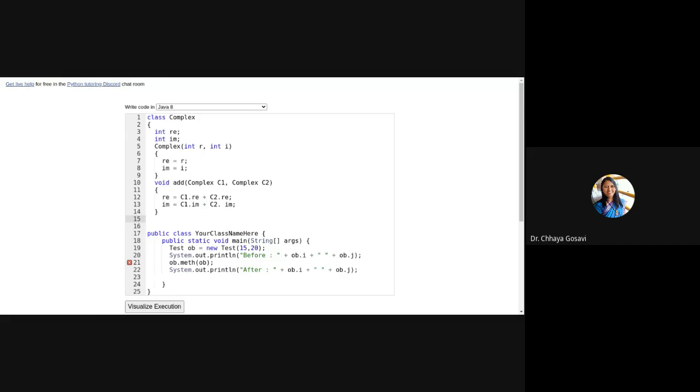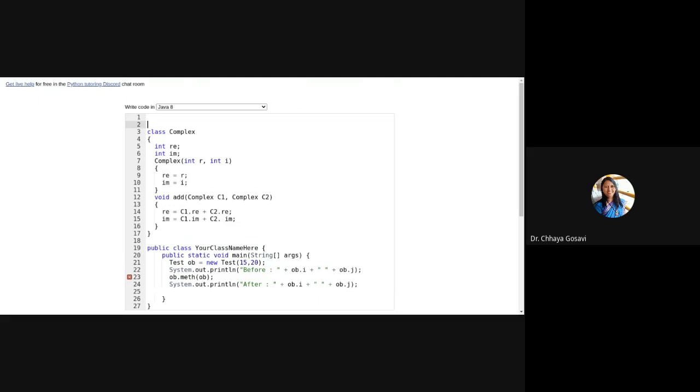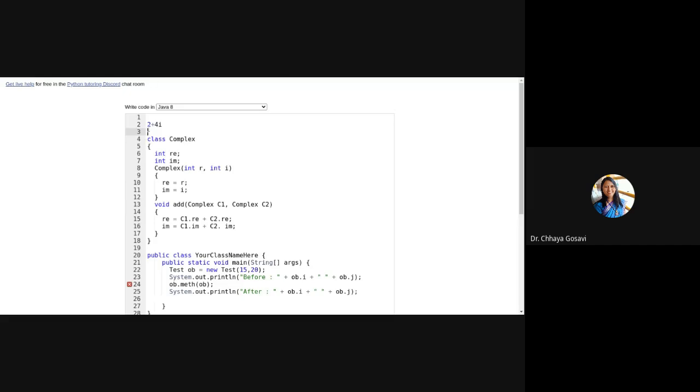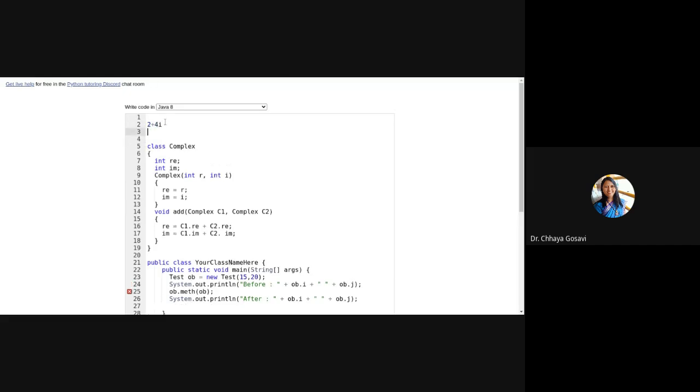This is the end of my class. I'm just performing addition of two complex numbers. So this is a class Complex with two integer variables, real and imaginary. We can display a complex number like this. For example, if I want to show 2 plus 4i, this is the way we write a complex number. 2 is the real part and 4 is the imaginary part. And if I have another complex number, say 3 plus 6i,